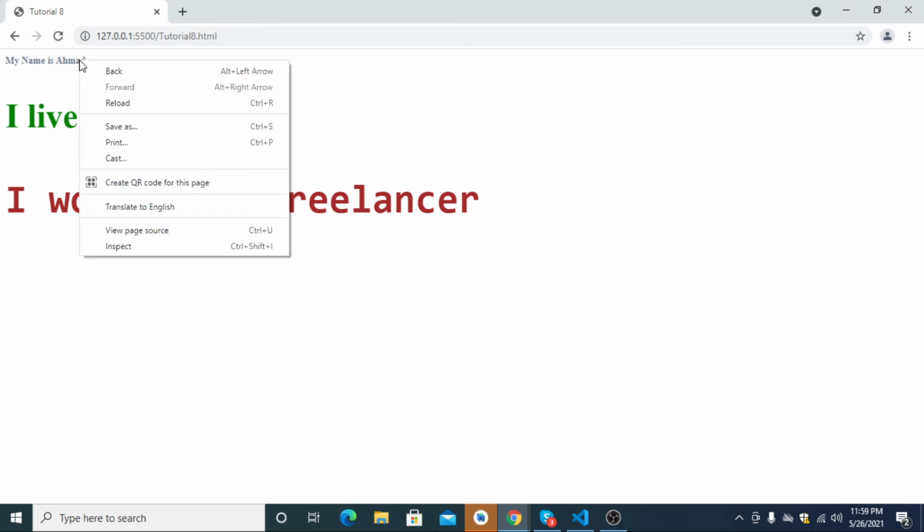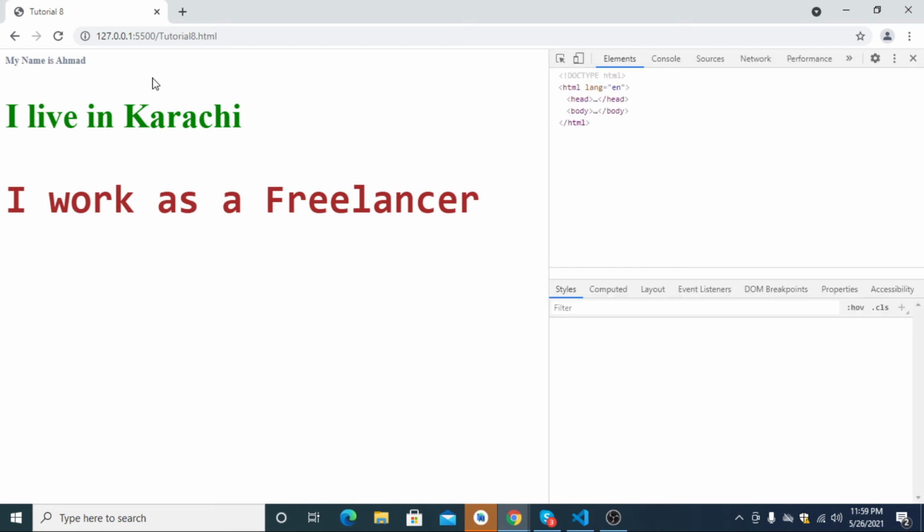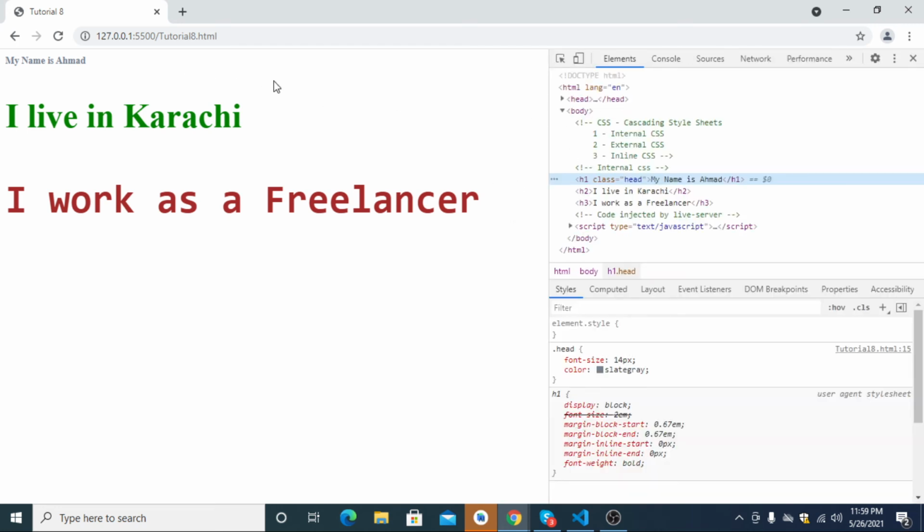You can also inspect this element, this text or this heading. How to do this? You simply right click in your browser and click on inspect element, then on this arrow. Now I want to place my cursor over here.